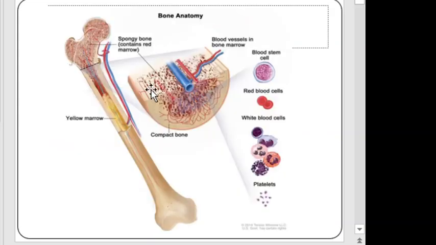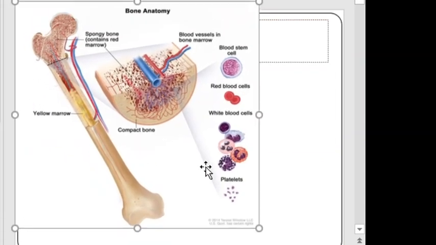Okay, have a look at this picture. So this is an example of a large bone. You can see the cavity here in the large bone. You can see the marrow here. So this is the marrow and you can see there are various blood cells formed here. So these are the various types of blood cells formed in this bone marrow. Okay, RBC, your WBC and your platelets. So all of this is formed in the bone marrow. Bone marrow is located in the cavity of the large bones.